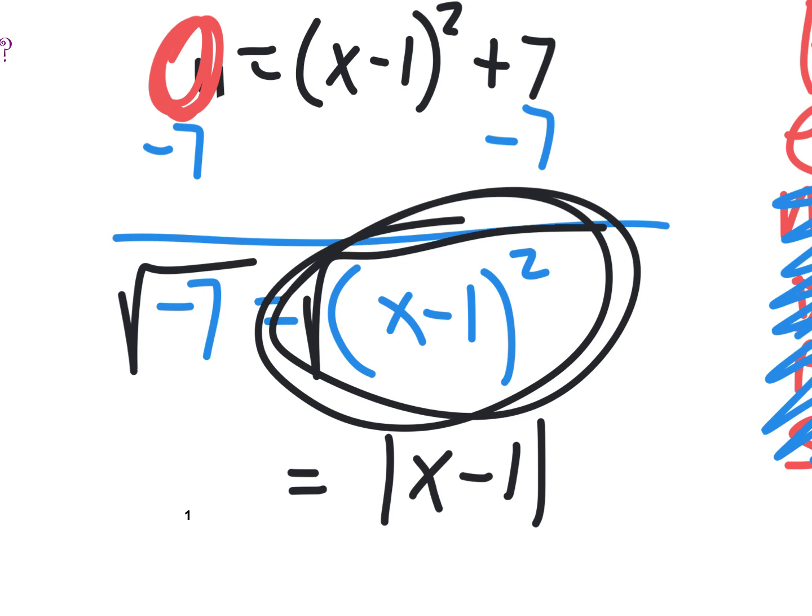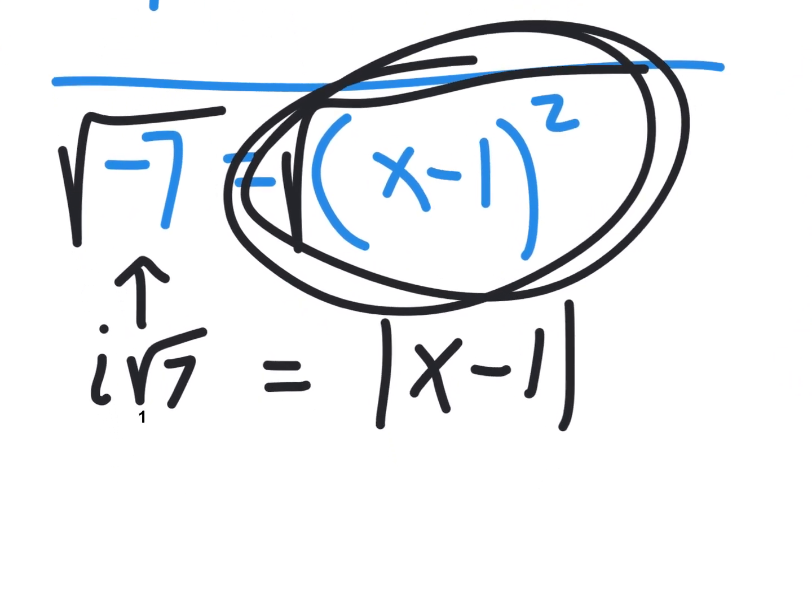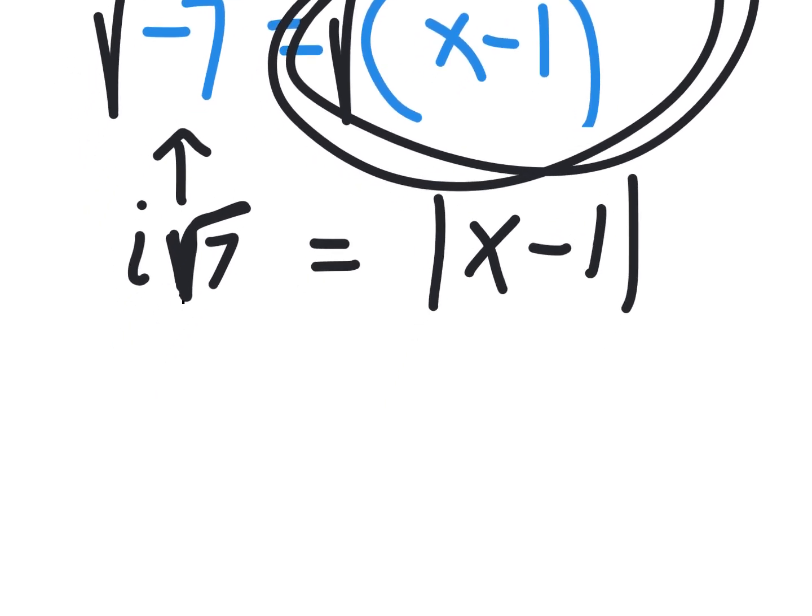And now this one, I think some of you might even be stumped here. It's a weekend, and so you've forgotten about math for 3 days. So did anybody know it was i root 7? That's what it is. You can't simplify root 7 anymore, but you can get the negative out of there and call it i. So i times the square root of 7 equals the absolute value of x minus 1. This looks really weird. Well, welcome to honors